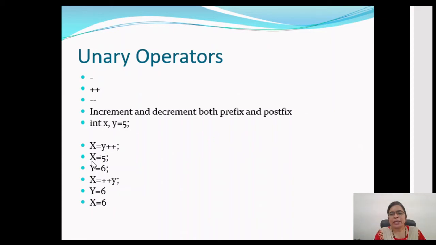The value of x will be 5. Why? Because we have used the post-increment operator. So first the already assigned value of y will be used for evaluating this expression, so the value 5 will be assigned to x and then the value of y will be incremented. So after this expression, the value of x will be 5 and the value of y will be 6.